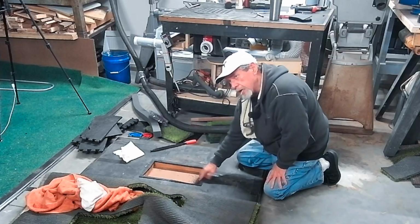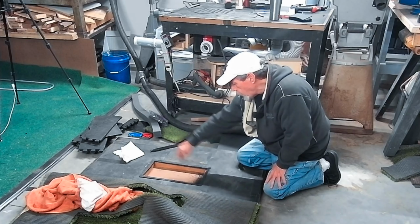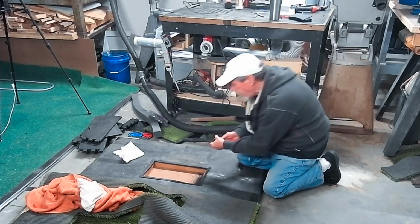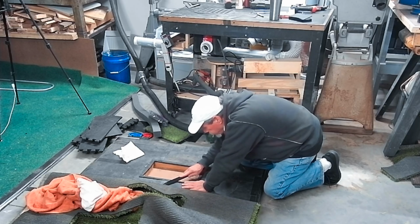I got the hole cut out last night, and I got the box all put in right here. But the foam was just a smidge high, so I figured Gento Rasp to the rescue here. Just a little bit of high spot right here and there, so I'm just going to kind of